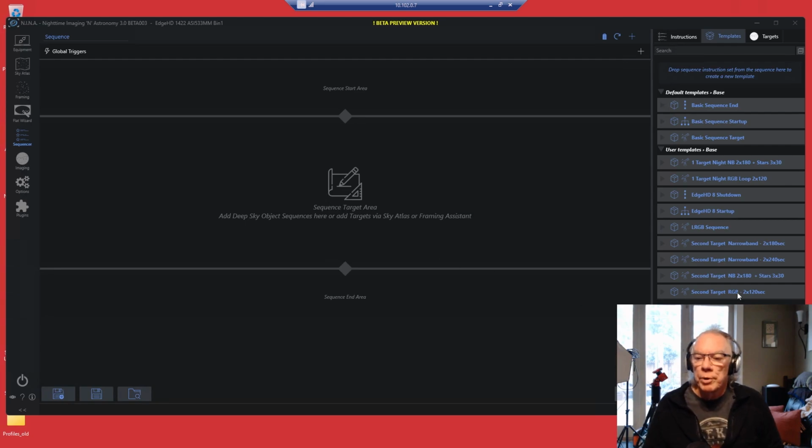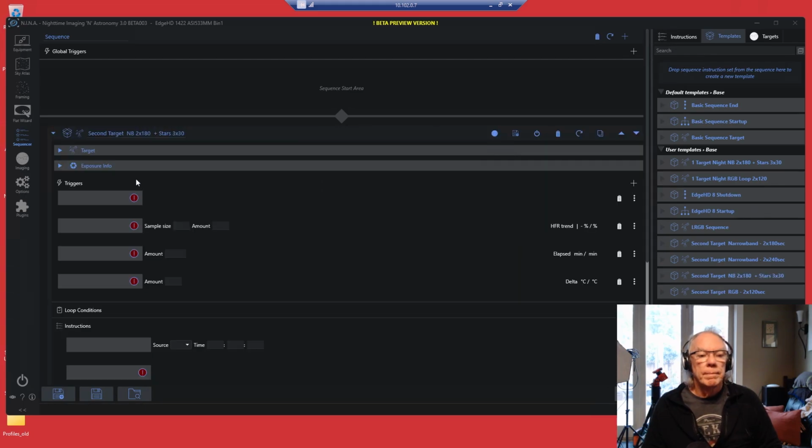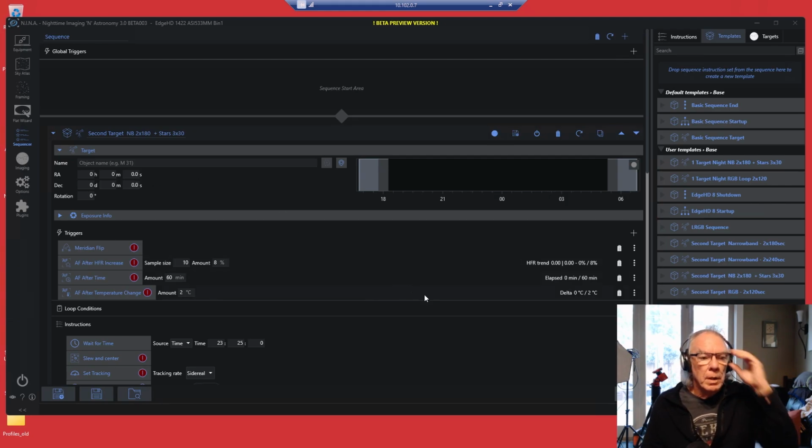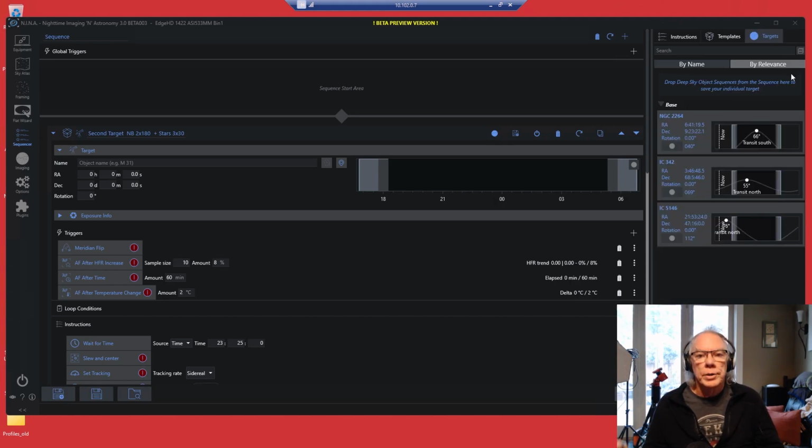And let me just briefly bring in my second target with RGB stars. I don't know how we're doing on time. So here's my second target. What I do here is, these boxes are empty because I will bring in from my target list targets that I have lined up for the night. So I would basically just bring this target into here, and it would drop in and put the RA and Dec coordinates and all that. But I'm not going to do that for this demo.